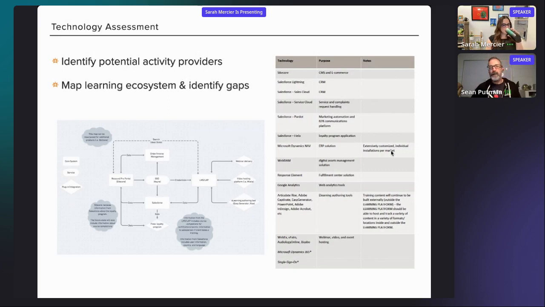Yeah. So, one of the major things with the activity providers, as you alluded to, Sarah, is just making sure that you are documenting anywhere that you could possibly get statements from. It might be a down the road type thing, but you at least want to know that. I say statements, but really anywhere that you're getting data from. I always look at this as something where I want to know all the data sources that we're going to be potentially integrating with,